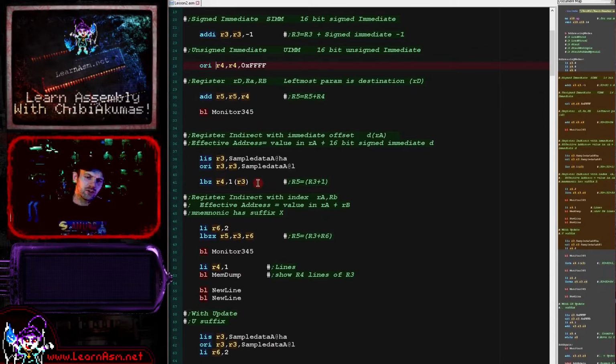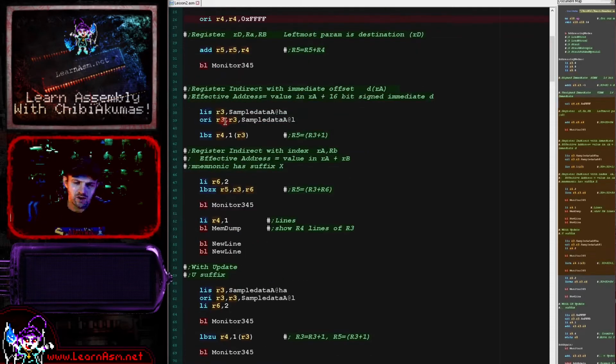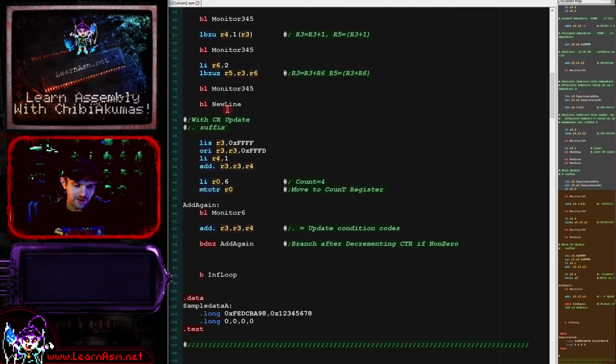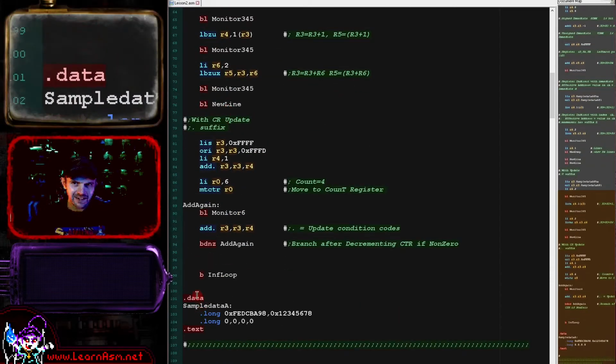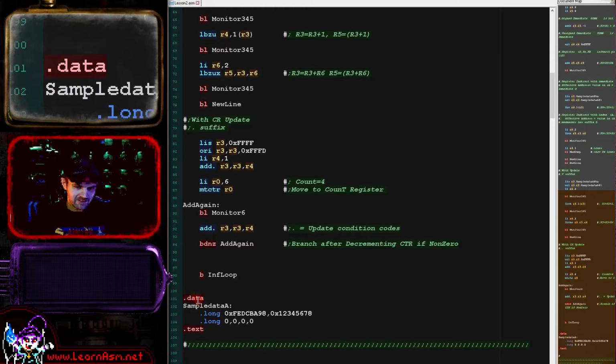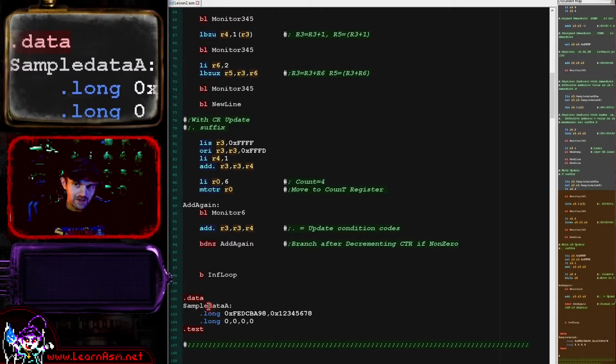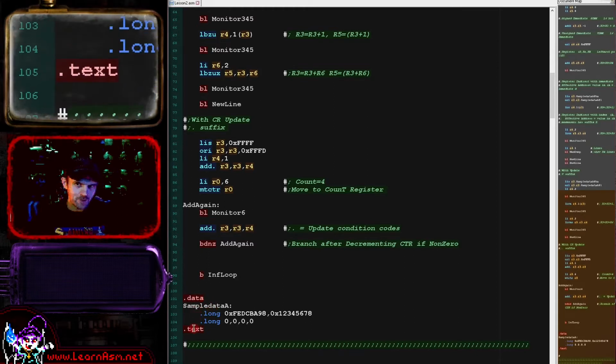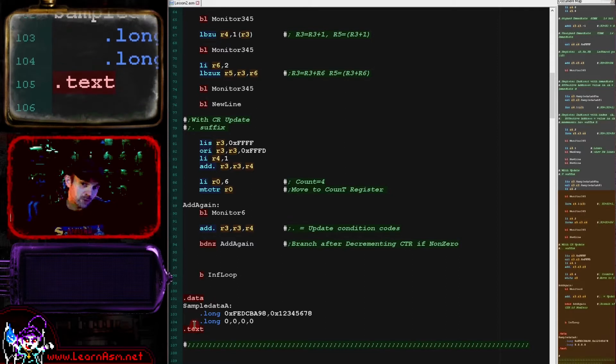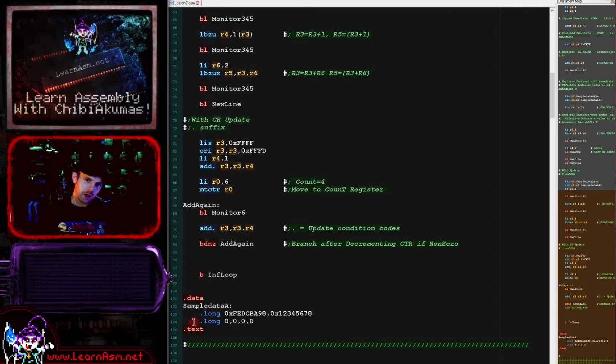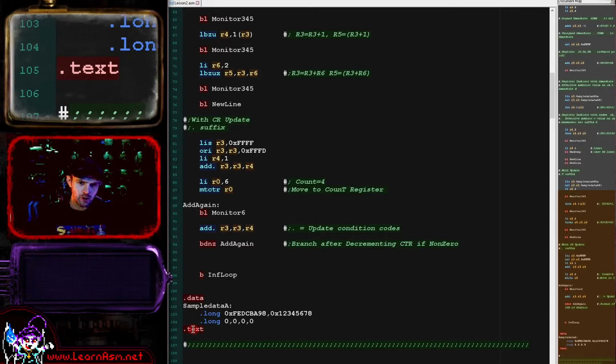Now, those are the sort of ways of working with values either from immediates or the registers that contain values already. But in a lot of cases, we're going to want to work with values that are somewhere else in memory. And so we've got a block of data here marked by .data there that puts it into the data segment. Once we've created a data segment, we need to go back to a text segment. Rather confusingly, a text segment actually means program code. Data segments are binary data that our program may use, but the text segment is actually the program code,